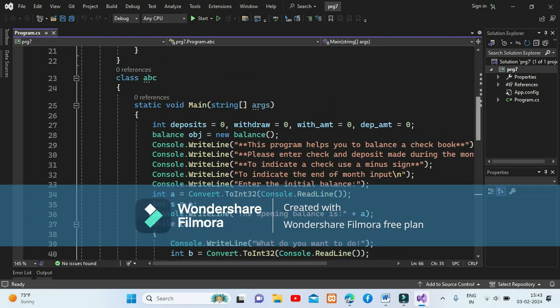So where is our driver class? Here. So what is the name of our driver class? Class ABC. And we have our favorite main method. And in this method, we have some variables. So what are the different variables that we have? Deposits, withdraw amount. Like if you are performing a withdraw operation, how much amount are you withdrawing? Or if you are performing a deposit operation, how much amount are you going to deposit to the bank? Okay. So these are the variables: deposits, withdraw amount, and deposit